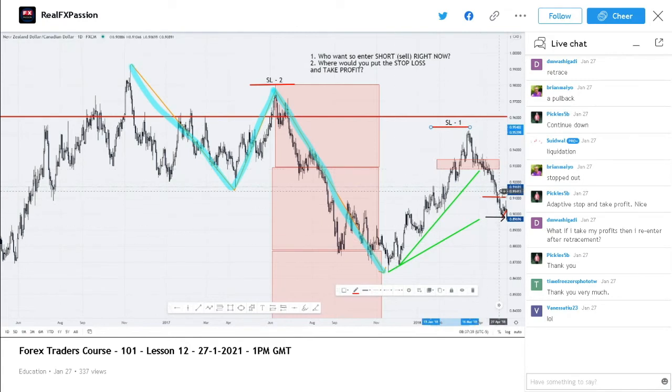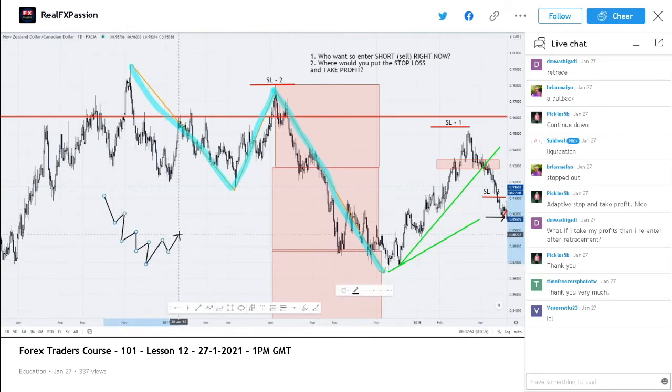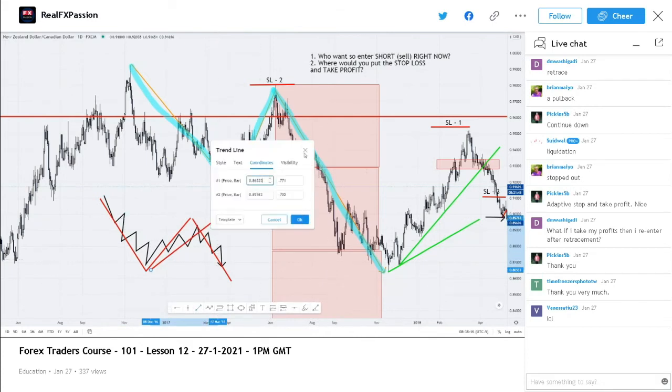So we have another stop loss here, right? Yesterday we were talking that the best entry was the end of retracement, right? But we also addressed what happens where. So this would be the extension, this would be the retracement, right? And this would be the next extension. And yesterday we were explaining to you that the best entry was the